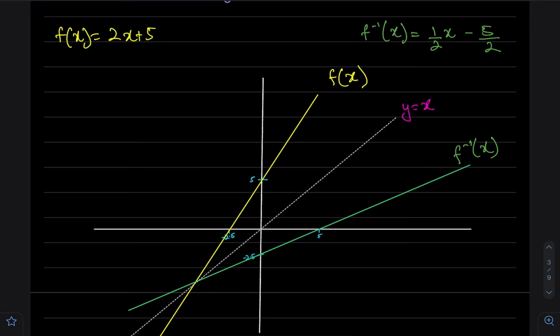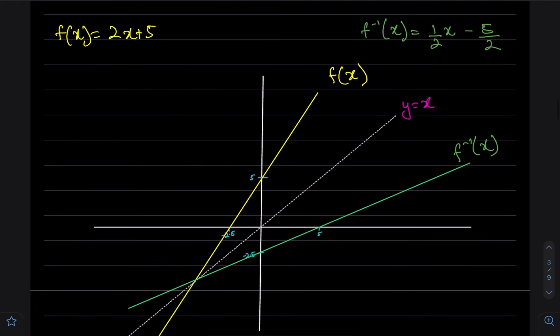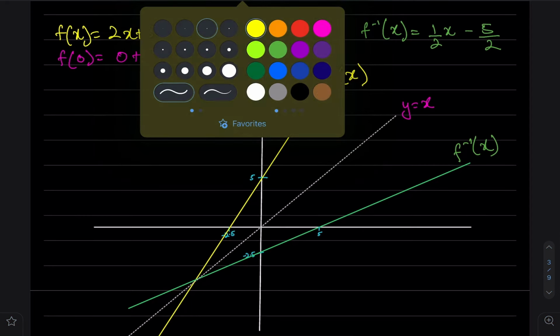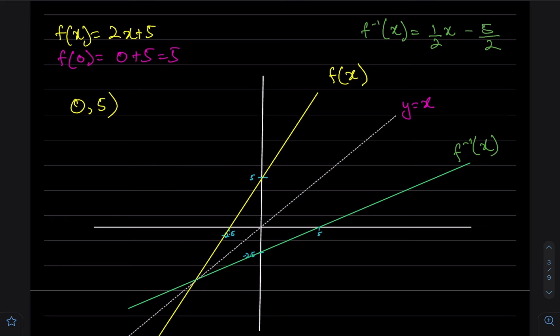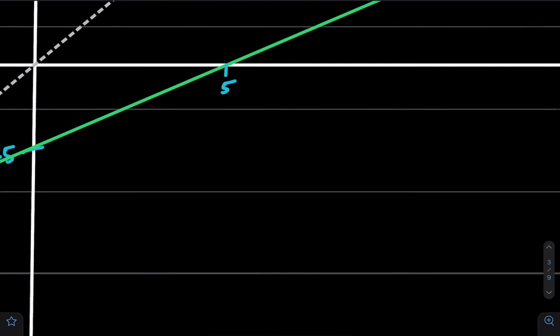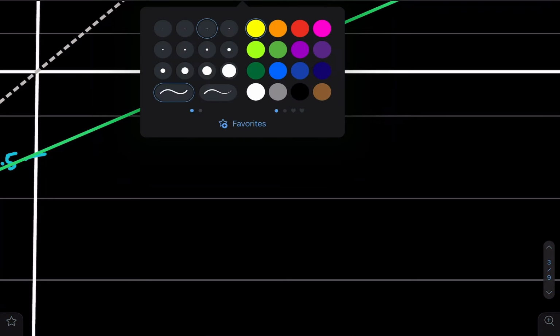Now what happens is, on the graph of f of x, if you input x as 0 you get the output 0 plus 5, which is 5. So you have the point 0 comma 5 on f of x, right? And for the inverse you've got this point, 5 comma 0,